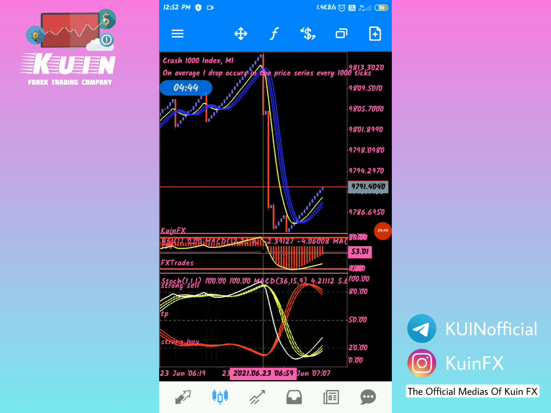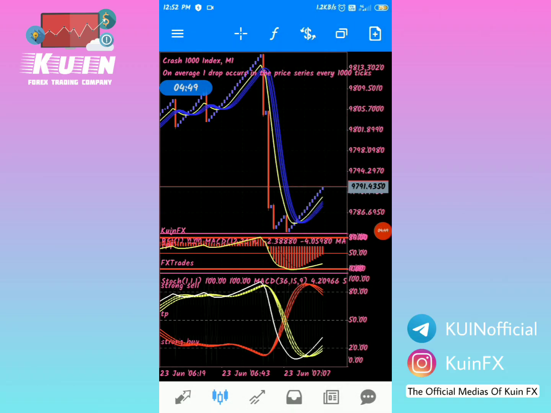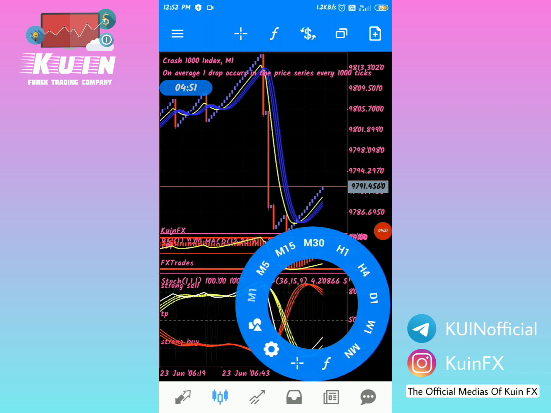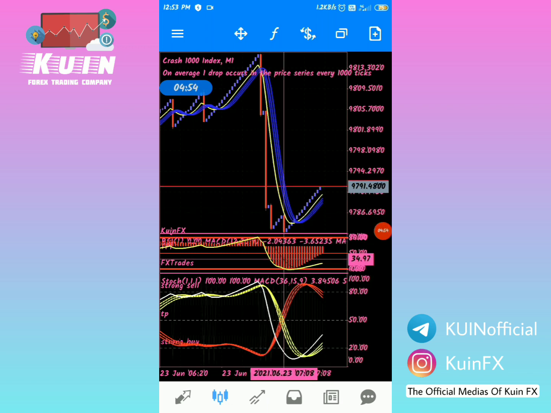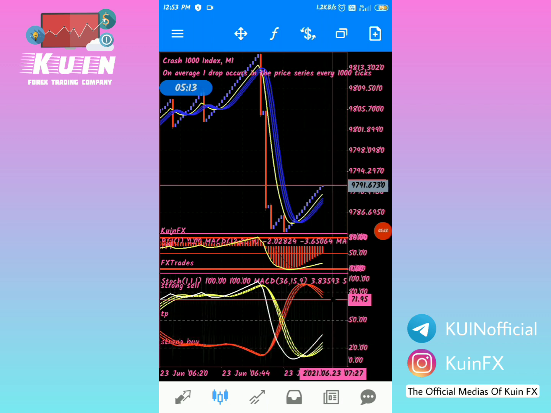You already know how to enter in the market. I remind you. When this MACD graph and this yellow line touch our overbought area, and this white line also crosses our MACD lines, and below 20, you enter in the market. And how to exit: when this white line touches our 80, it's for crash.